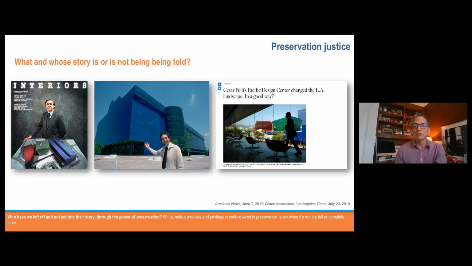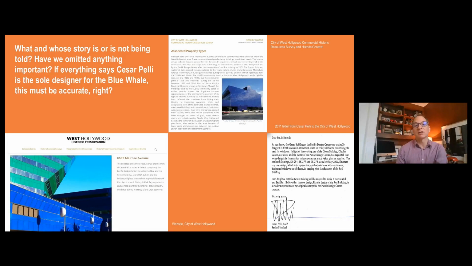As a designated local landmark in the city of West Hollywood, if you look at their website, their survey and historic context statement, and even recent correspondence from Cesar Pelli himself, it seems to be a story about Cesar Pelli as the sole designer for the Blue Whale, as well as the other two buildings. So you assume that to be accurate, right?